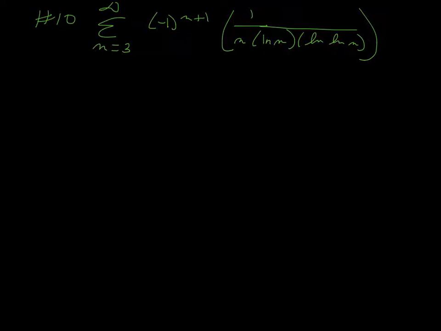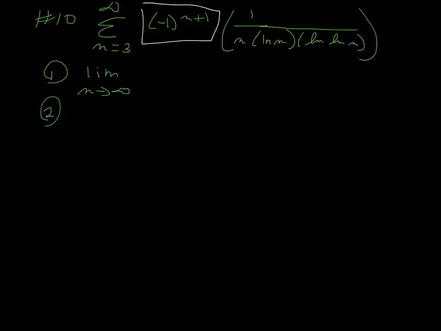Okay, so here's my final try for number 10, the last question. And again, I think we're looking at an alternating series, again because of this little guy here. In terms of the two conditions, the first condition is that the limit as n approaches infinity of that whole thing